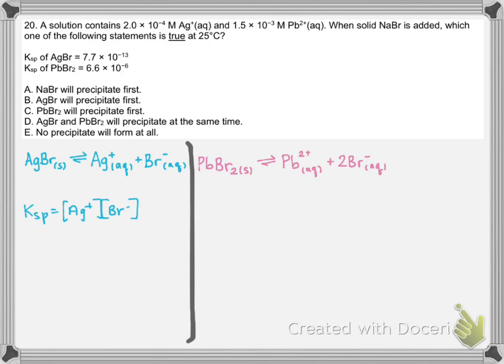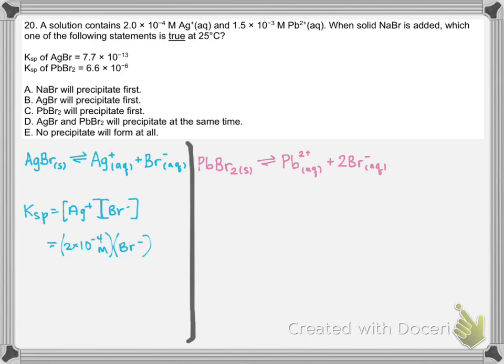So I know my silver ion concentration because they give it to me in the problem. And it's going to be that 2 times 10 to the negative 4th molar. And if I solve for the bromide ion concentration, what I'm really solving for is the maximum amount of bromide that I can add before a precipitate forms. And as soon as I add even a drop more, I'll start getting solid. And so I can solve for the bromide concentration